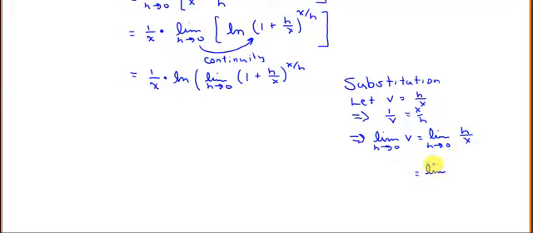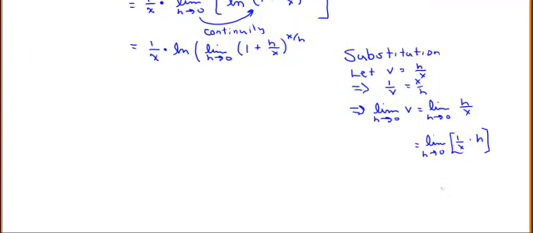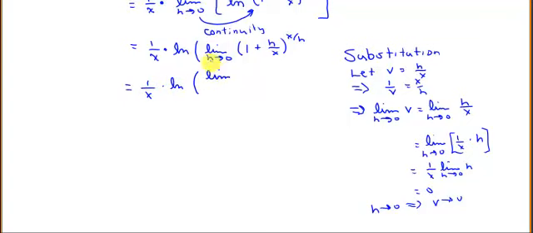is equal to the limit as h approaches 0 of 1 over x times h. The 1 over x comes out of the limit, and so I just have 1 over x times the limit as h approaches 0 of h, which is 0. So this is 0. So notice that as h approaches 0, we have that v approaches 0. Okay, so we can rewrite this limit, making those changes, 1 over x times the natural log of the limit. Well, remember, as h approaches 0, v approaches 0, times